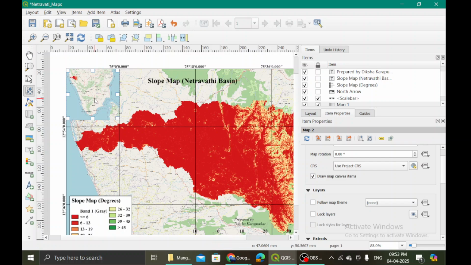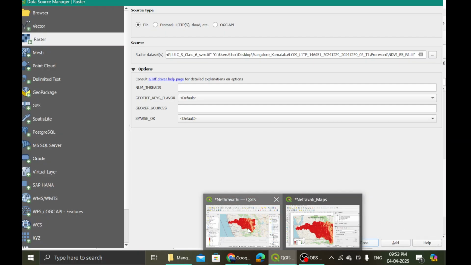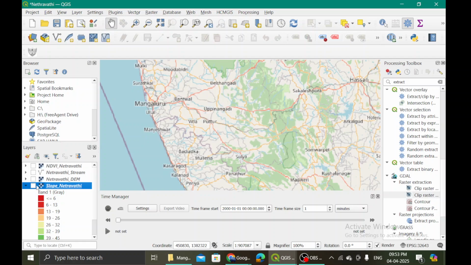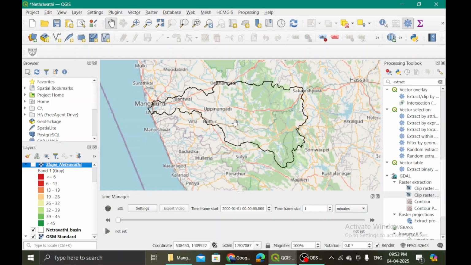So if I show only this much, it seems to be very well understood that the region lies over here, right? But then I don't want to show the slope map over there. So what I will do, I will come back to my project where I will put off the slope map and then come down, and this Netravati basin I will make it visible.